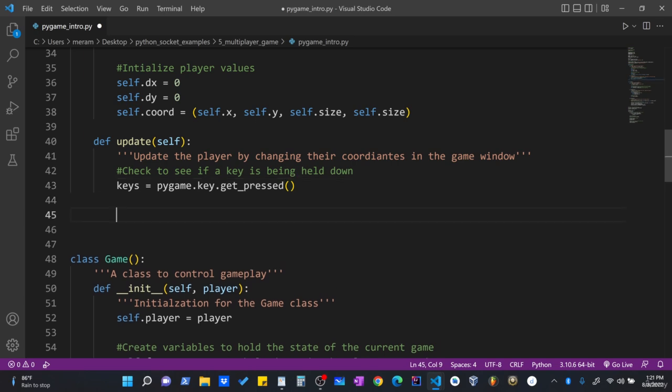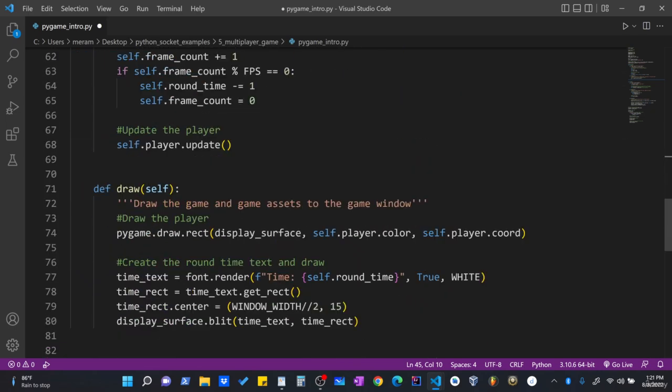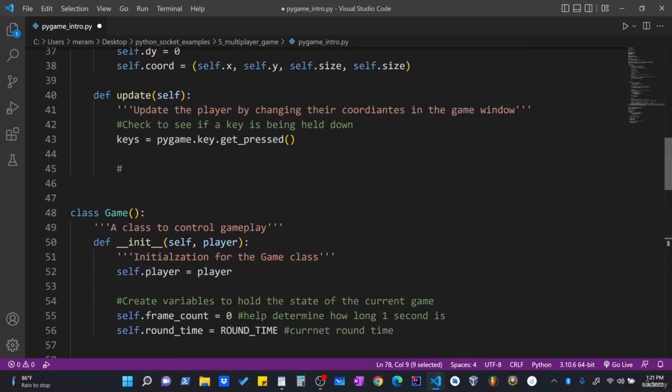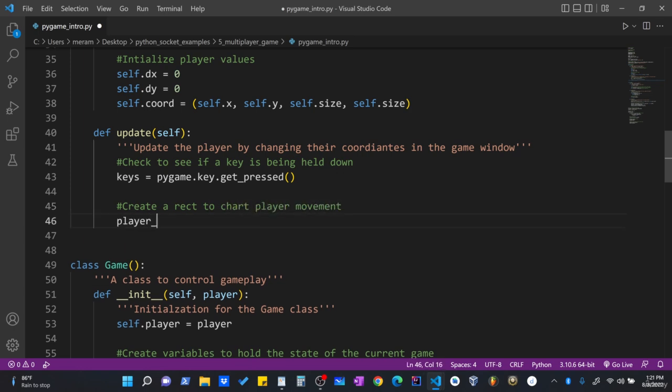Now, before we begin setting up to move the player, let's create a rect to chart the player's movement. Similar to how we had a text object, and then we created a rect object, and we moved the rect object. We're going to create a rect to control or position our player exactly where we want it to be. So we'll say create a rect to chart player movement. And we'll call this player_rect, and it is going to be